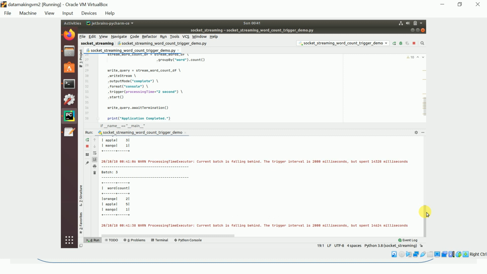Yeah. So this is how we need to set the processing time, which is nothing but a trigger interval. I hope this video is helpful for you to understand how the Spark structured streaming application works, and how to consume the data from your socket source and write it into the console sink.